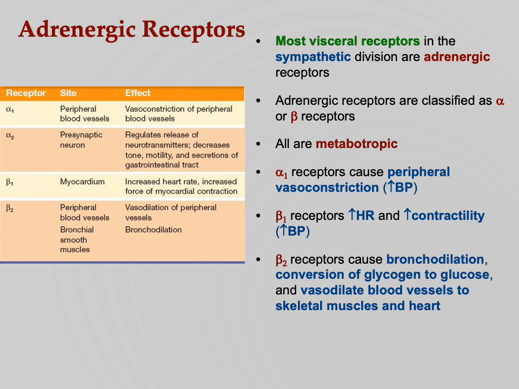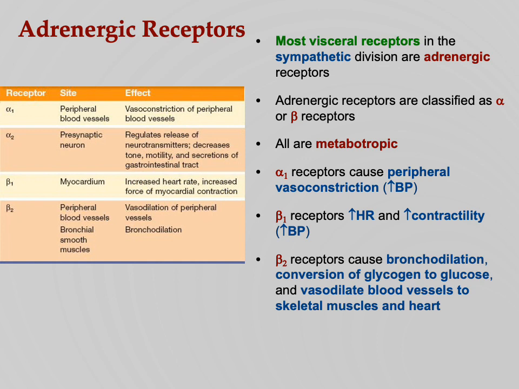So alpha 1s are in peripheral blood vessels out near the surface of your body. Notice that makes sense in several ways from a survival standpoint. By constricting them, you're going to raise the blood pressure. It also means that if you get scratched or bitten by the chupacabra, you'll bleed less because those blood vessels are constricted, see? Whereas internally, blood vessels going to your heart and your liver and your skeletal muscles, we want